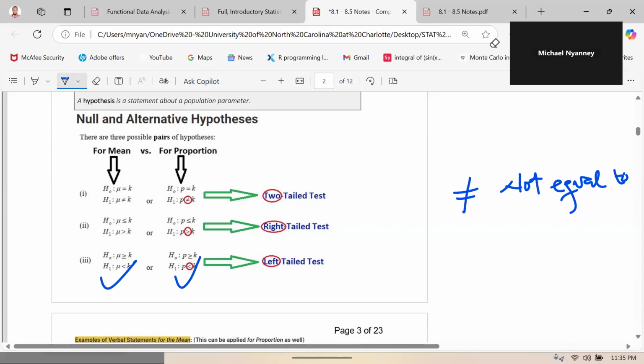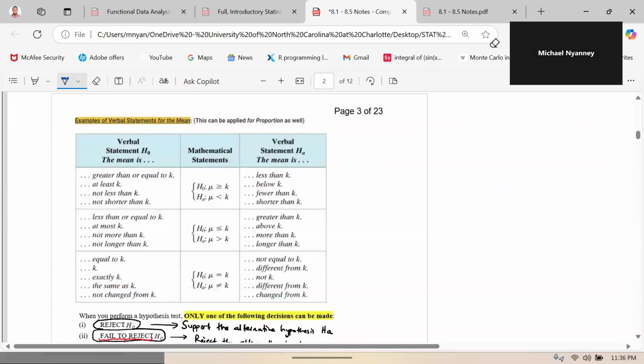So if it is not equal to, then it could be what? Less than or greater than. So we have two directions. That's why we call it the two-tailed test. Either we go to the left tail or we go to the right tail. But if you are using one direction, then with this direction,